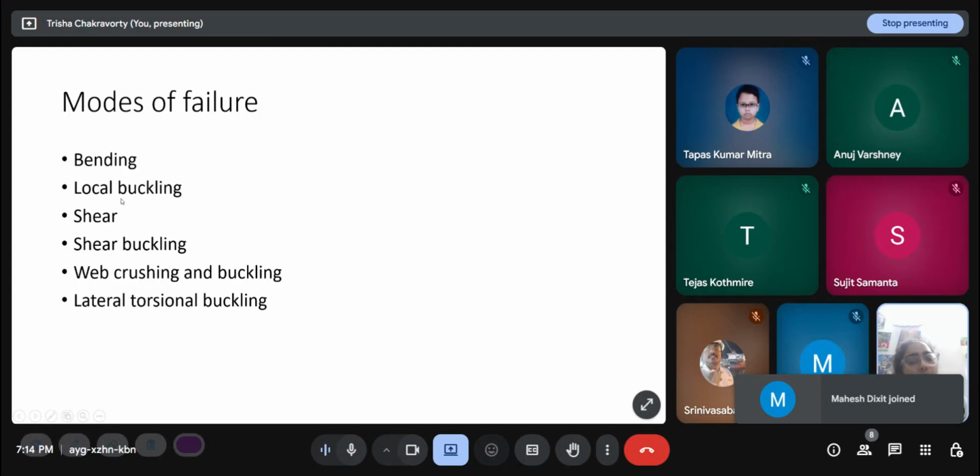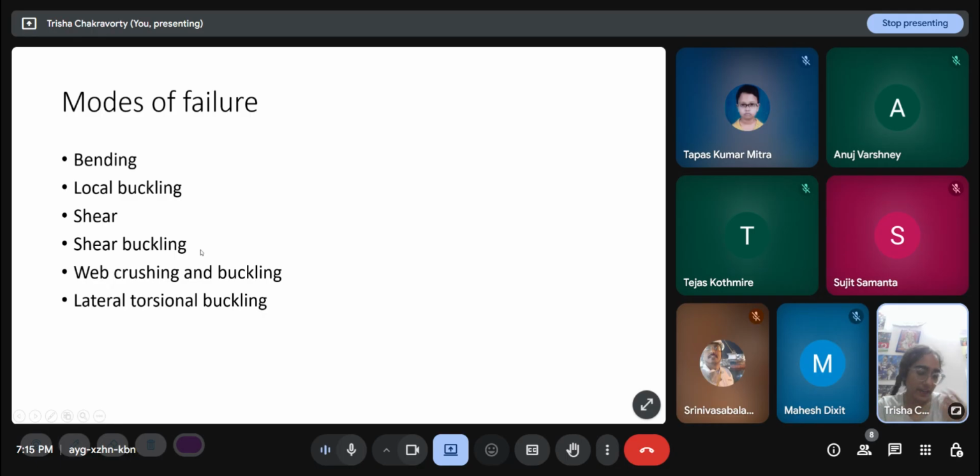So if I am designing a beam, buckling is very relevant in steel because of slender sections, where the cross section is very small compared to the length, so that's a ratio. If the slenderness ratio is high, the structure has a chance of buckling. It does not happen in concrete since the cross sectional areas are much higher than those of steel sections. So bending and shear we have already encountered in RCC elements, and the concepts are the same here. But the four types of buckling are additional here.